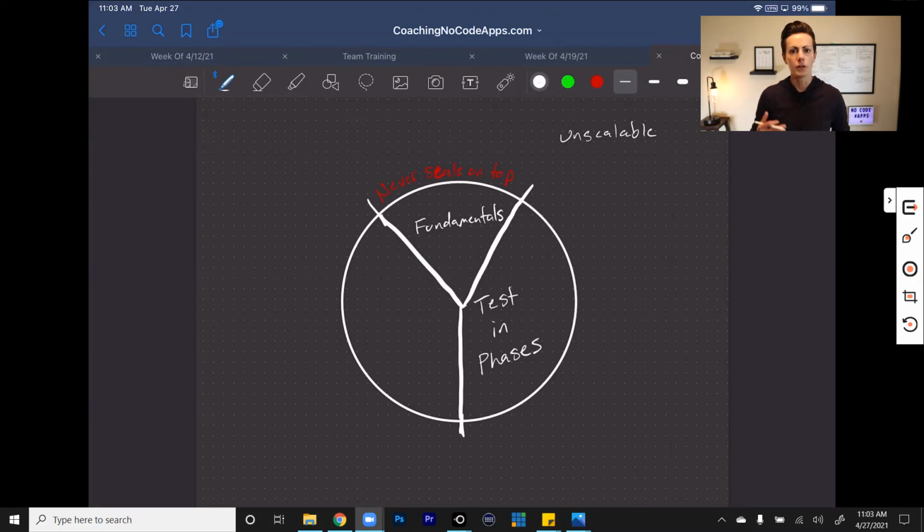Most people just want to build, launch, and go, right? Testing in phases can feel more time consuming. It can feel less scalable because you're not having that big grand slam launch right at the beginning. So it feels like you're going through these stages and you're not really building up a bunch of traction with your app. But the reality is, if you test and launch in phases, meaning you follow a soft launch methodology,